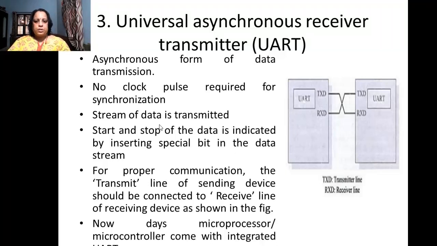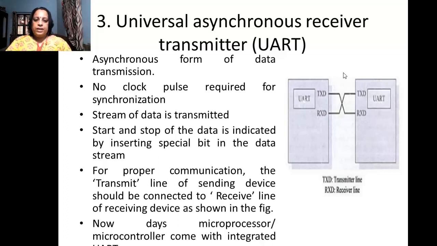Now how does the data transmission occur? Of course, it occurs through a stream of data. And how do we get to know whether the data is being transmitted or not? In the stream of data, there is a special bit inserted which indicates whether it is the start or stop of the data. There is a special start bit and a special stop bit which indicate the data transmission.